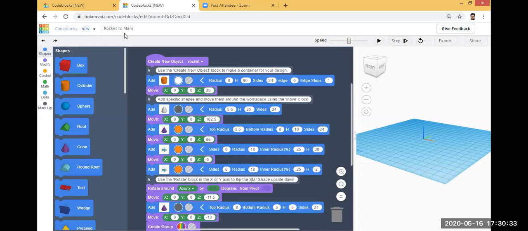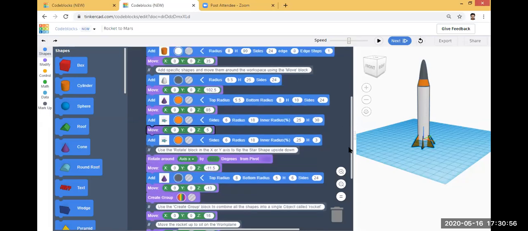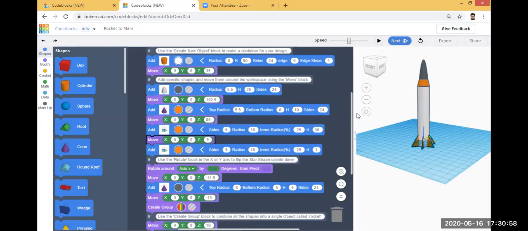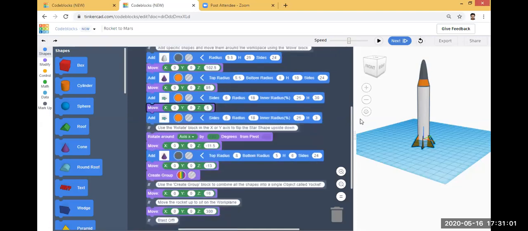In the left side you can see the rocket to Mars. Here this is the code blocks. When I click the play button, in the right side you can see the rocket to Mars. The central portion is the code blocks.